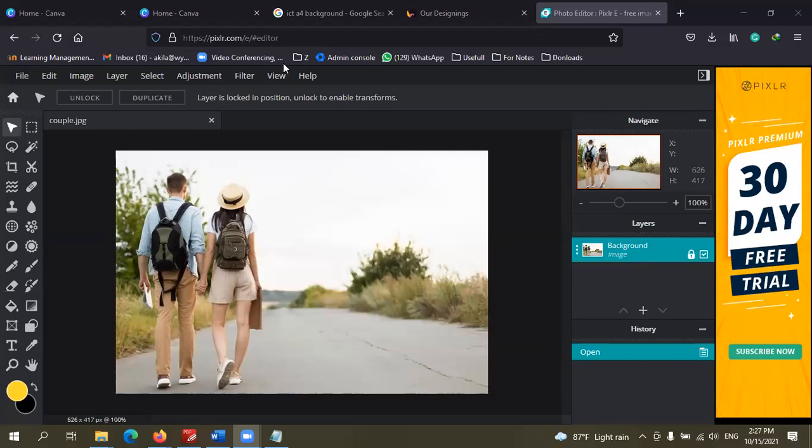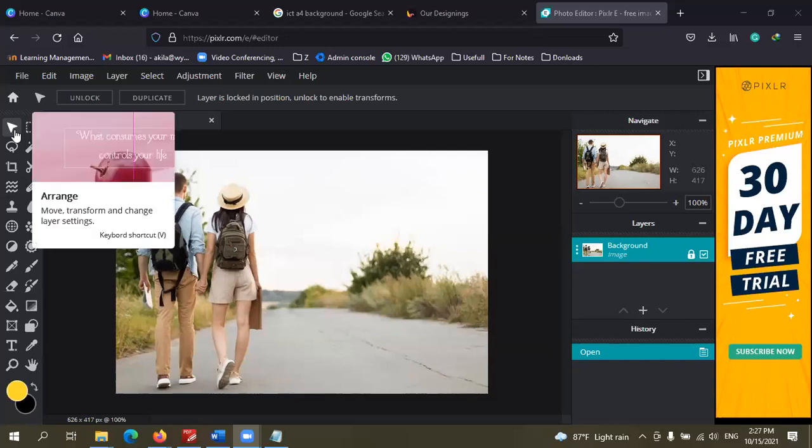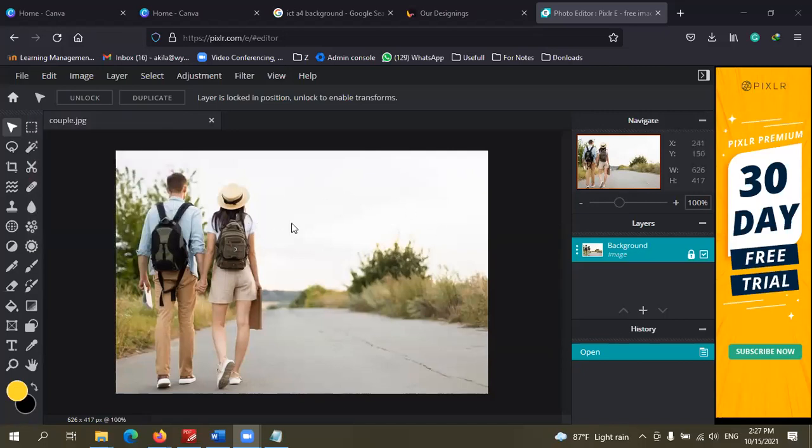Right, now we're going to learn a few tools. This is the Move tool, Arrange. You can use that to move and change the size like that.